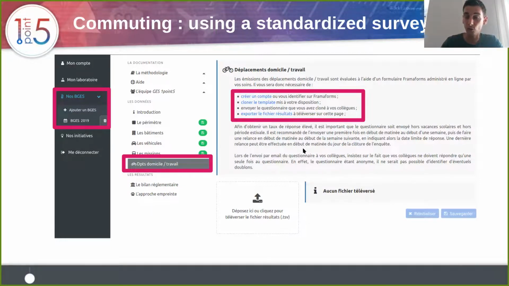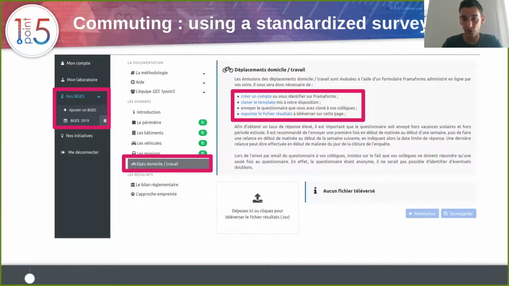To perform this survey, the user will have to clone the survey that we provide, which is standardized. When cloned, the user will send this form to all his colleagues. Then after two weeks, he will be able to extract the forms and upload them to the system.